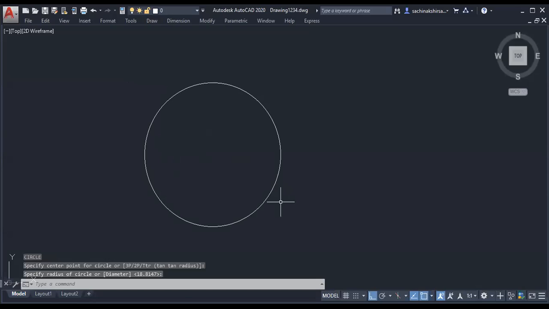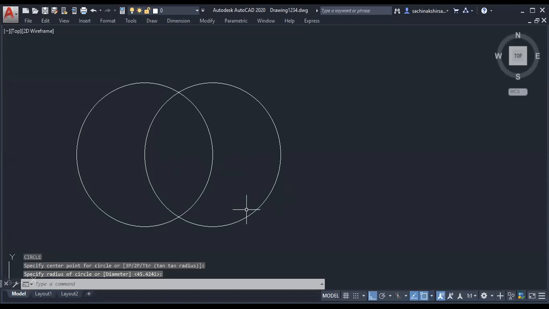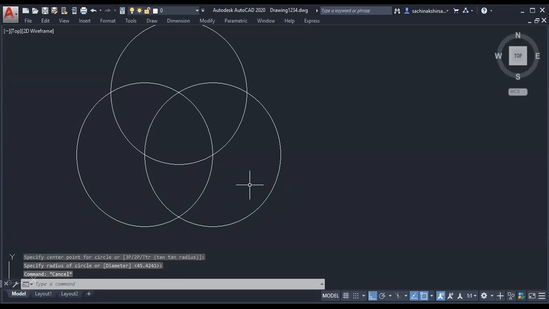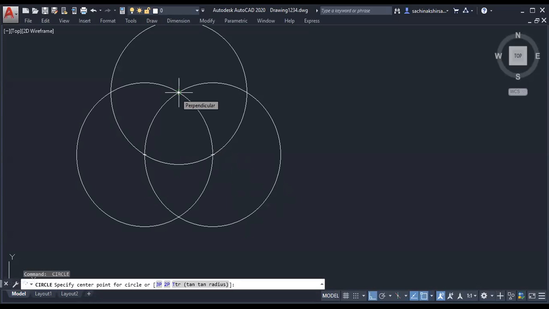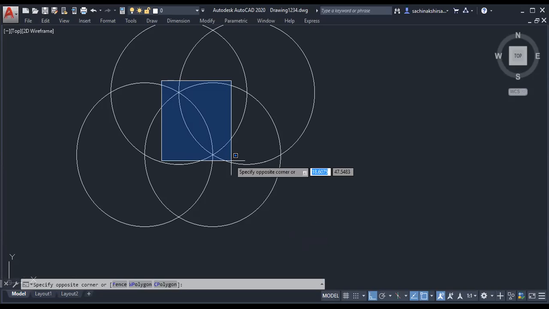Circle. Again, here I have drawn a circle initially. So only this much part. Like when we draw a flower, I want to keep only that much petal.